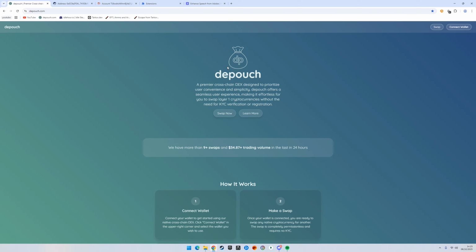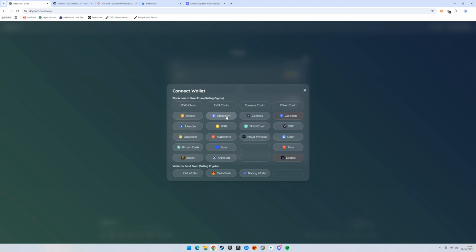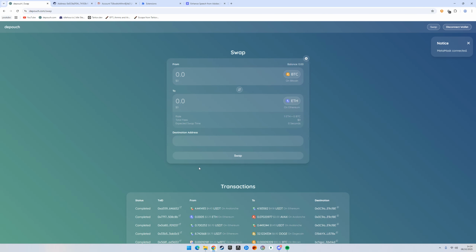In this video I'll show you how to swap from Ethereum USDT to Tron USDT using the DepouCH cross-chain DEX, and we're using MetaMask. So first thing you want to do is head on over to the depouch.com domain, make sure you're on the right website, then go ahead and press swap now, or swap up here, then go ahead and press connect wallet, select Ethereum and select MetaMask because we're sending USDT from the Ethereum chain with MetaMask and